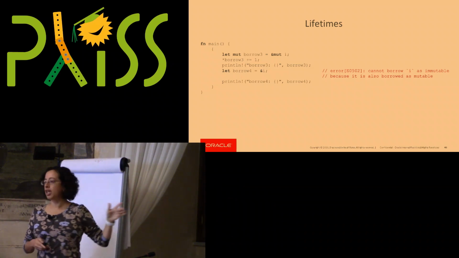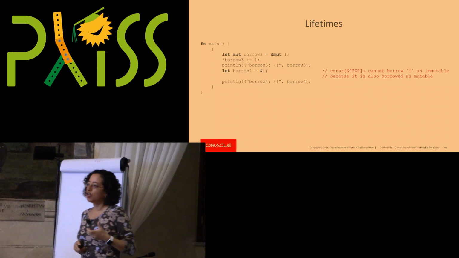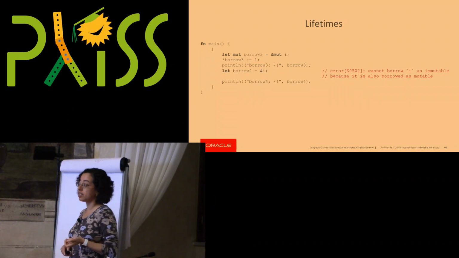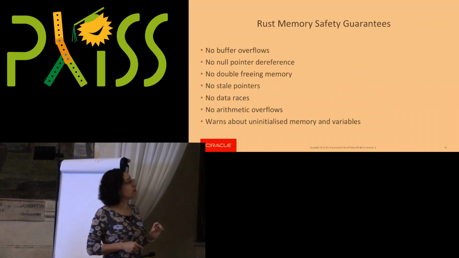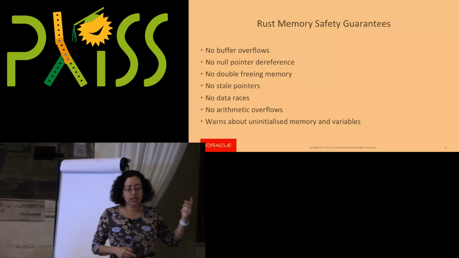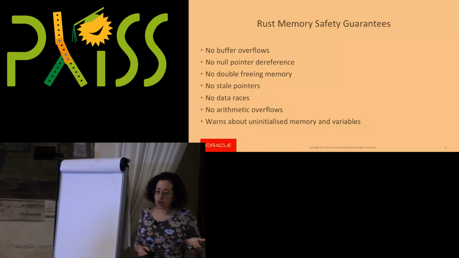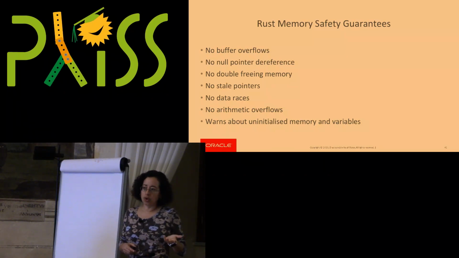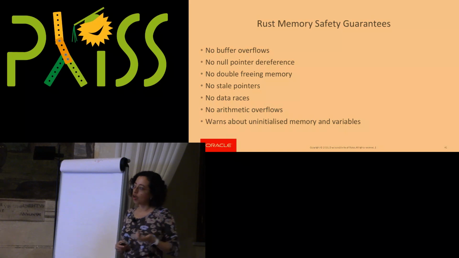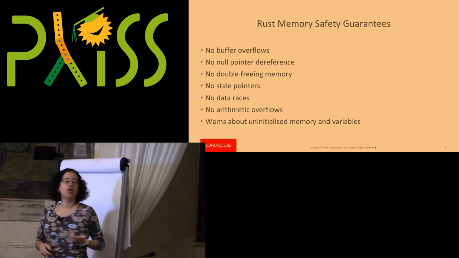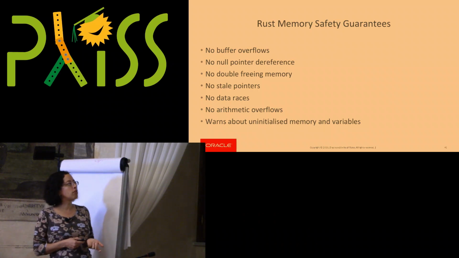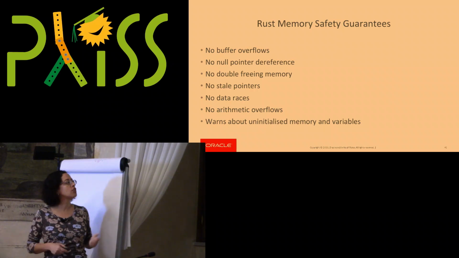So this is really cool because statically, you get to avoid a lot of these very common types of errors that you actually find in C and C++ programs, right? So very powerful abstractions. And with this abstraction, Rust is able to avoid a lot of the most common types of memory safety errors that you see in other languages, right? Things like your buffer overflows, null pointer dereferences, double frees, dangling pointers, and so on, right?